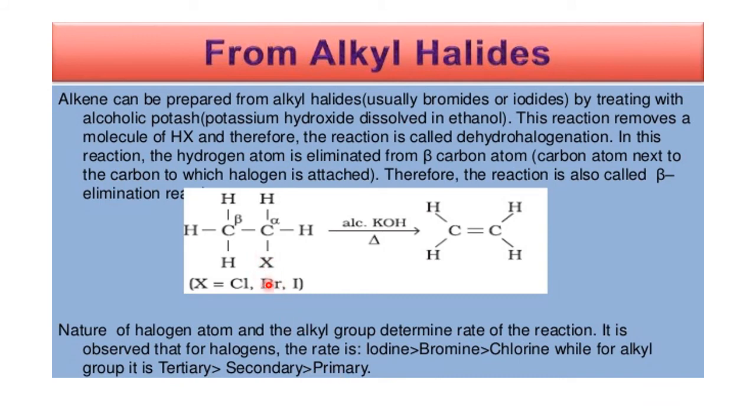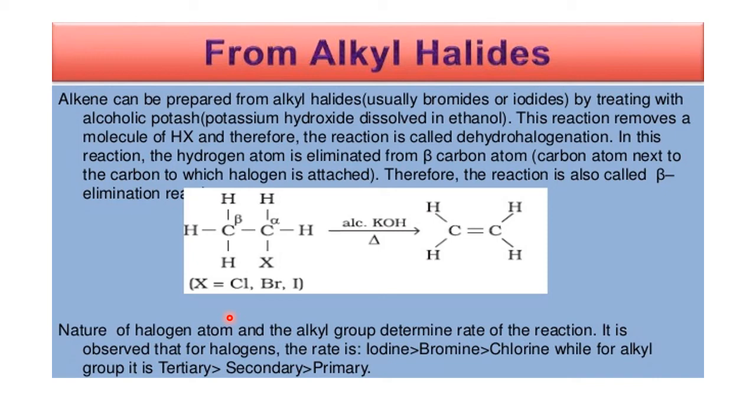if it is tertiary, what happens? Tertiary means more and more alkyl groups are there, and alkyl groups have an electron donating nature. So when the electrons are donated, a lot of electron density is created on the carbon atom, thereby removal of the other part, that is the hydrogen part, becomes very easy. Therefore together hydrogen and halogen are removed quickly, then ethene is formed. Okay, right.